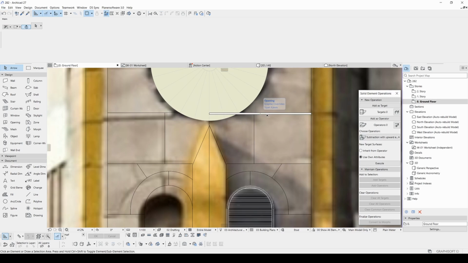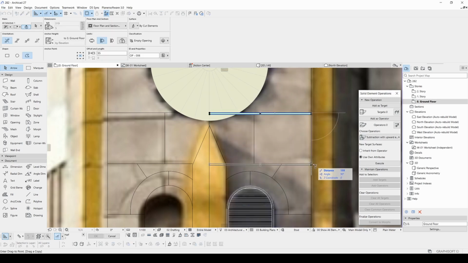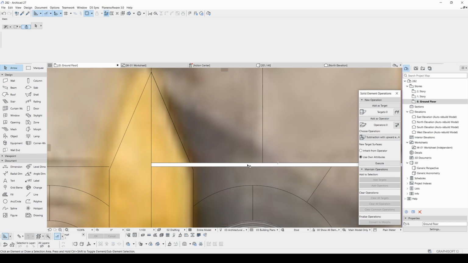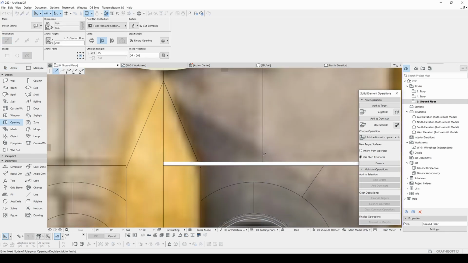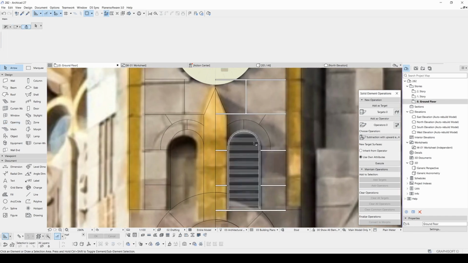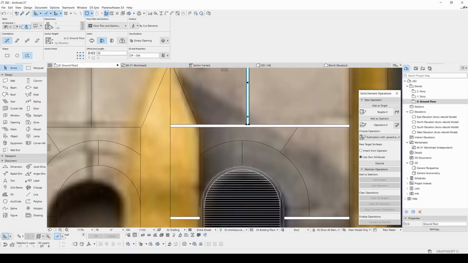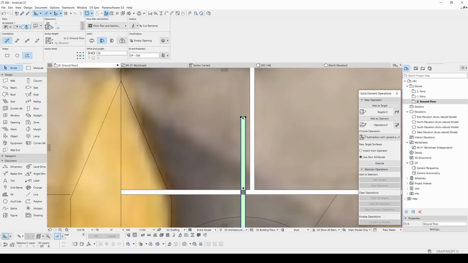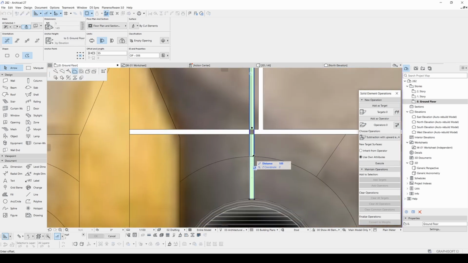Let's continue from here. I'm just going to hit the Alt. There we go. And for this part, we can copy something like this, push inside.